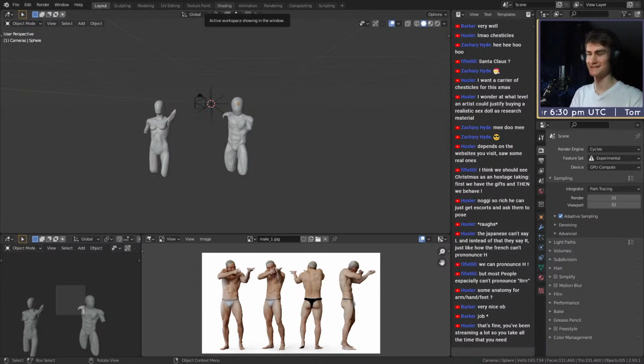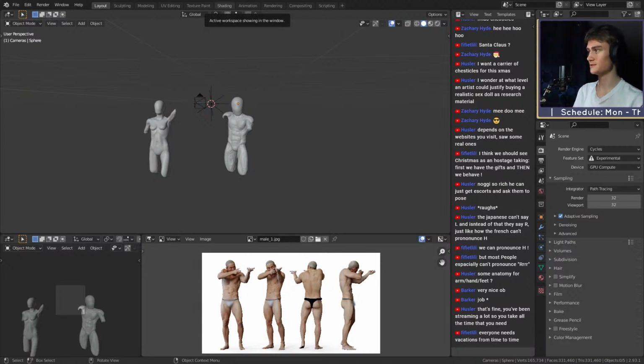I have a lot planned, so there will not be an abundance of new ideas. One includes creating a realistic version of a character, like turning a stylized character into a realistic version. The other one is a pretty crazy one. Well, not crazy, but something I haven't really done before. So maybe we'll do that at some point too. But yeah, you've been streaming a lot, so you take all the time that you need. Everyone needs vacation from time to time. It's not really necessarily vacation, but yeah,